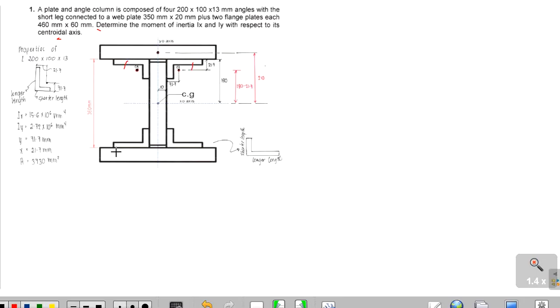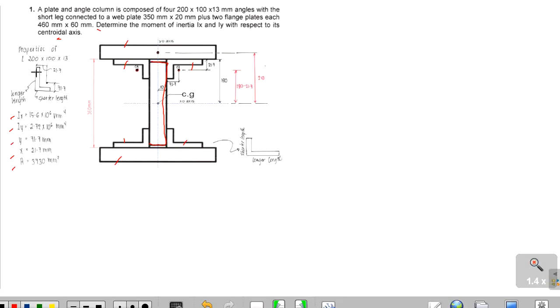We have this with a short leg connected to a web plate. We have this as a web plate and 2 flanges. So we have here the flanges, each 460 by 60. Okay, so the given properties of angle, we also have here the given,